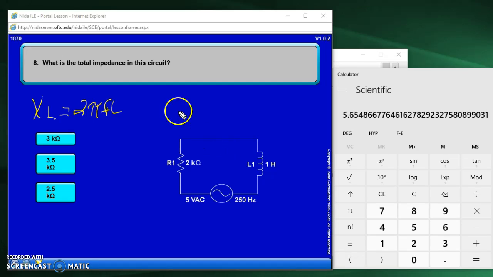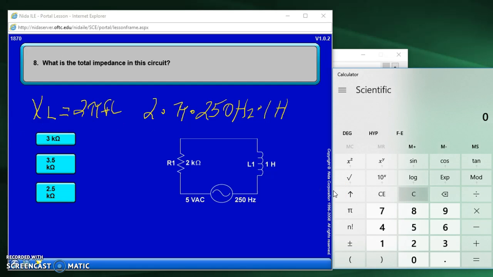So we're going to say 2 times pi times frequency, which is 250. Notice it's not kilo, it's just plain hertz. Our coil is not in millihenries, it's just plain henries. So again, we're dealing with base units here. Don't have to do anything as far as any conversions. We're dealing with just the base units we would normally deal with. So 2 times pi times 250 times 1